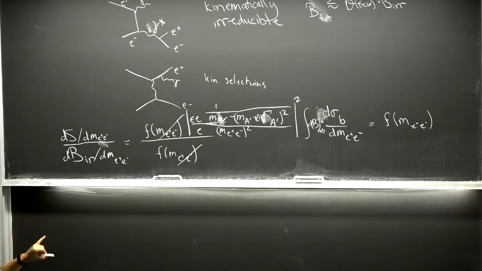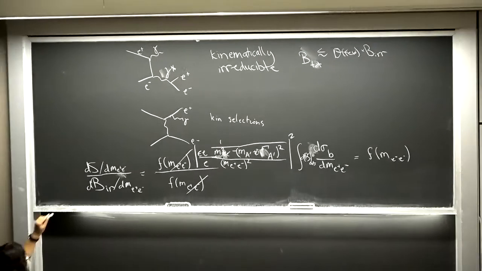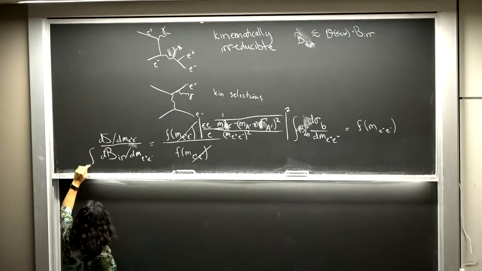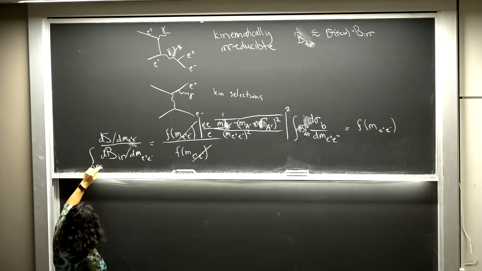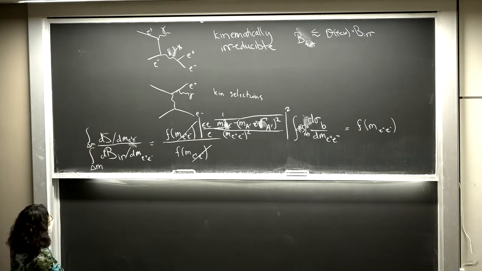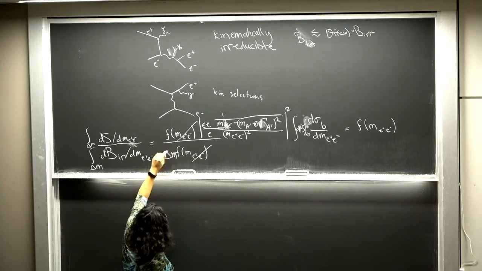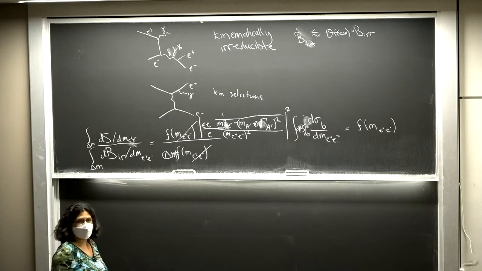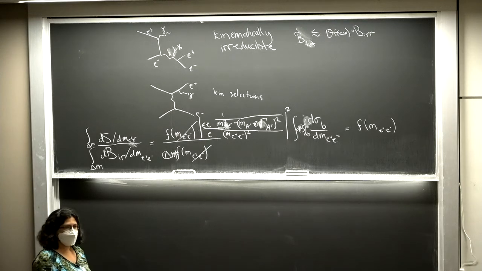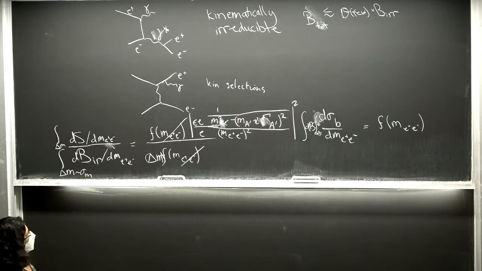OK, so now I can integrate. Sorry, what I actually wanted to take a ratio of was not the differentials, but the integrals over this mass bit. So I'm going to integrate this over some mass window delta m on the numerator and denominator. And the denominator, that'll clearly just give me a delta m prefactor, assuming f is slowly varying and delta m is much less than m. The delta m that I'm thinking of here is something of order the mass resolution. And the numerator,